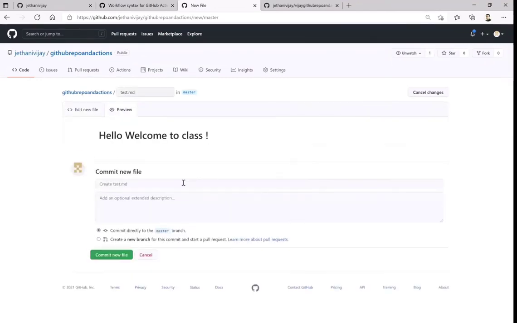So you can just go and preview that and commit that. Just see how you're committing that. As you are the master, or I would say the admin on that particular branch, there won't be any challenge for you unless and until you're protecting that branch. The best way to do that is, if you are a coder, you obviously will have a new branch, and then you will commit to your own branch, and then raise a pull request. So I will explain one by one. Let us first of all commit this new file.